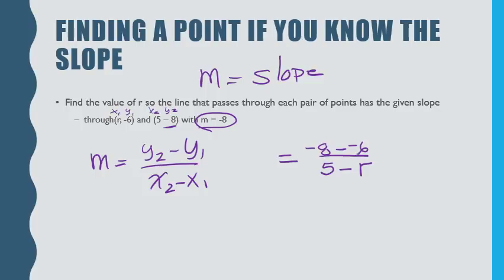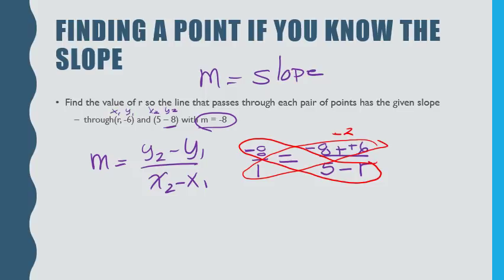This is just like a proportion. The -8 can be written as -8 over 1. So remember, to solve a proportion, we're going to cross multiply. -8 plus 6 is -2, so I'm just going to put that there. And then I'm going to multiply here. So I'm going to get 1 times -2 equals -8 times 5